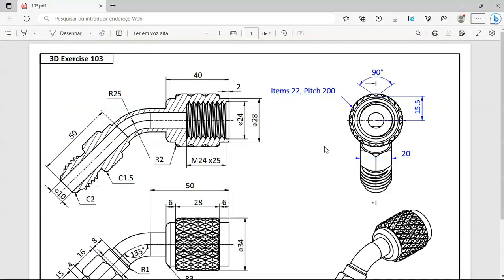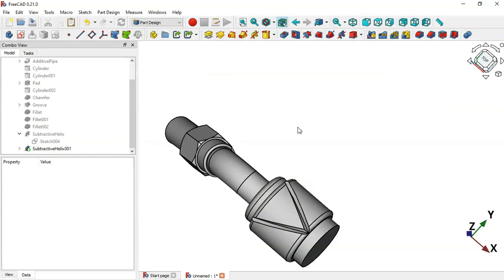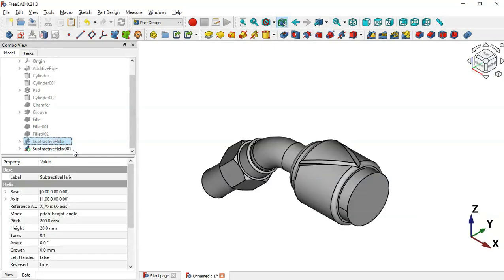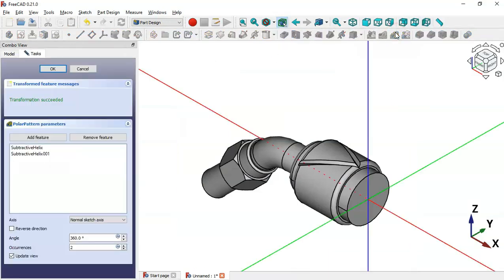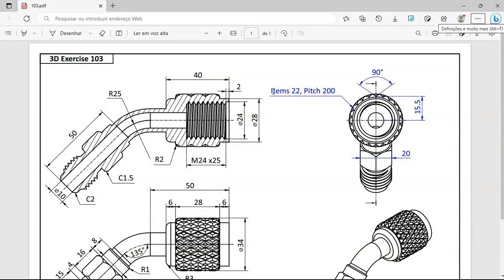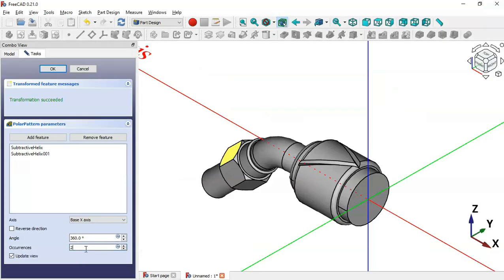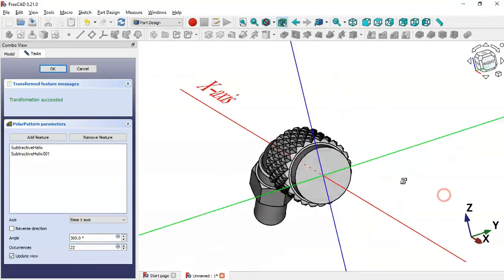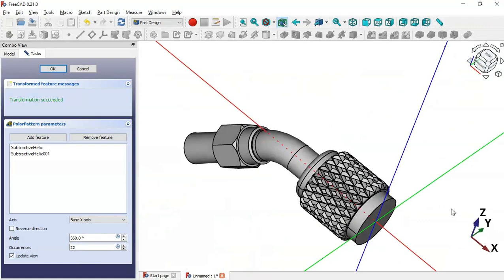So the next thing to do is to create a polar pattern of these pockets around this cylinder. So what you do now, select this first operation here and then Control, select this, and now the polar pattern tool. And first here what you'll do is to change the axis to X. Okay, and now we'll change the number of occurrences here to 22. We set 22 here. Okay, as you can see now we have this. Okay, so click OK,